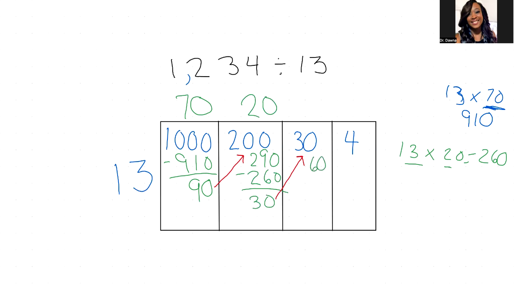So now I say, how many times does 13 go into 60? Again, I know the answer, so I'm not even going to waste time and write it. I know 13 goes into 60 3 times, and then 13 times 3 equals 39. And when I subtract, I'm going to get the answer